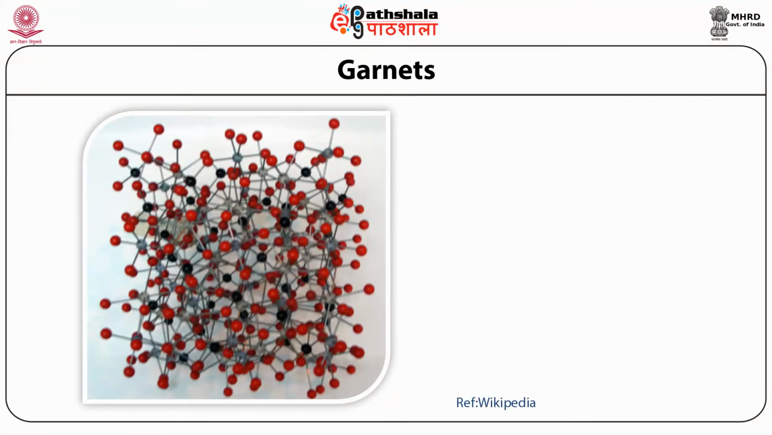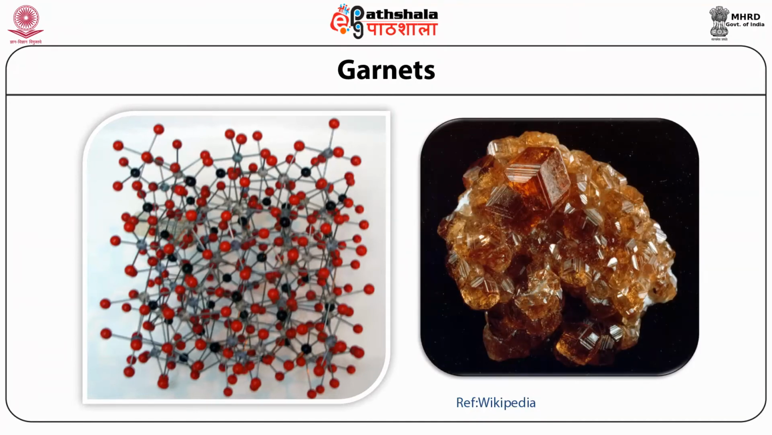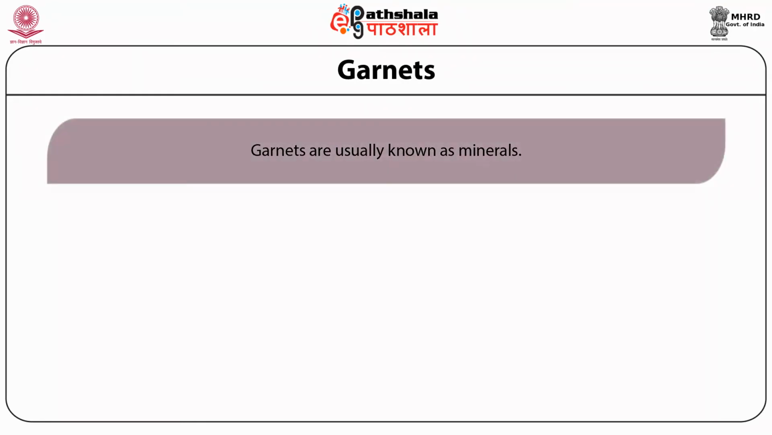Now come garnets. So students, you can see the crystal structure of the garnet structured compound on the left hand side and the mineral corresponding to it on the right hand side. So let us discuss its properties and structures in the following slides. Garnets are usually known as minerals. In the context of magnetic material, the garnets are based on